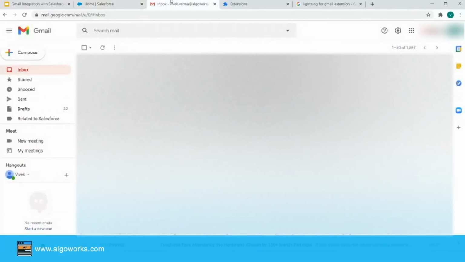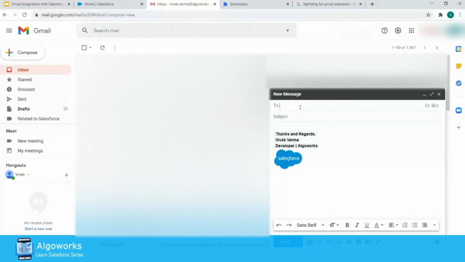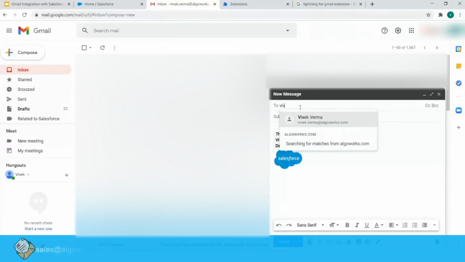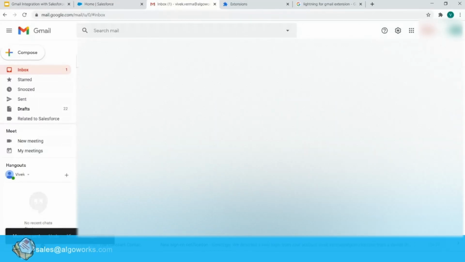And let me check in my Gmail inbox. So I'm sending an email to a Gmail account. Email has been sent from my account.